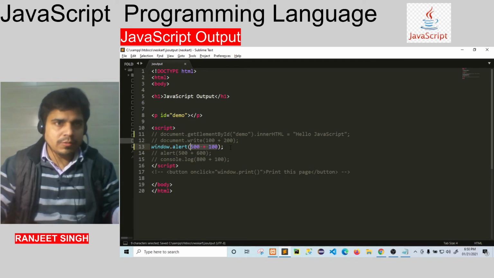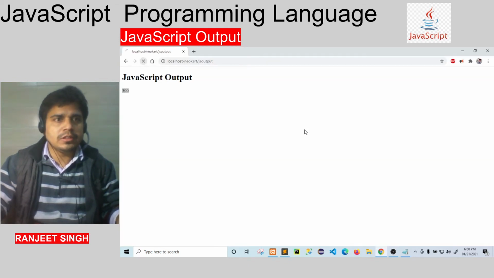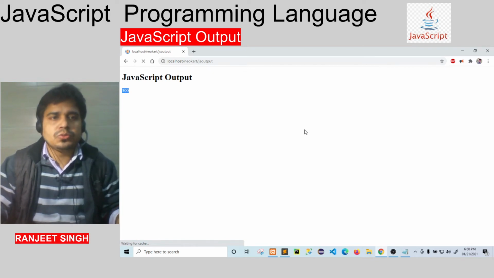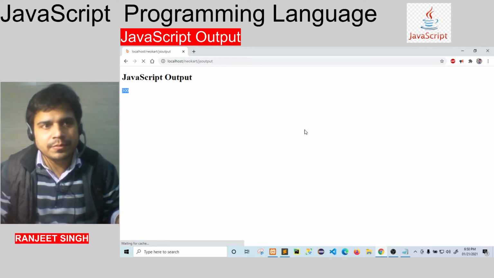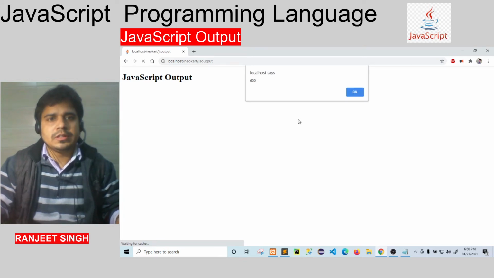Now save and run. It will give you the alert box and it will show 600 as the value. You can see this is an alert box, and it is giving 600.